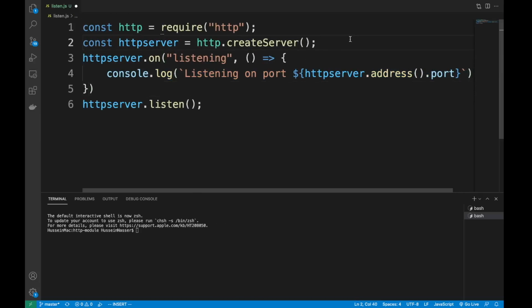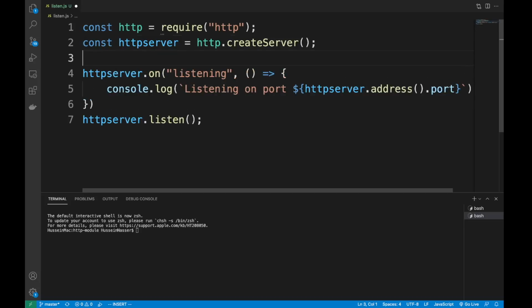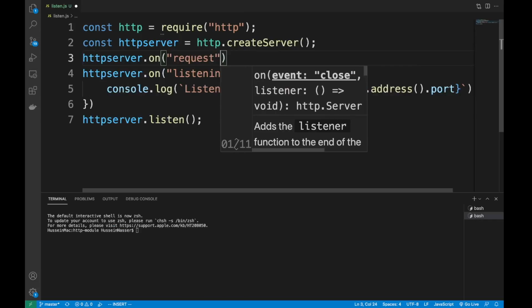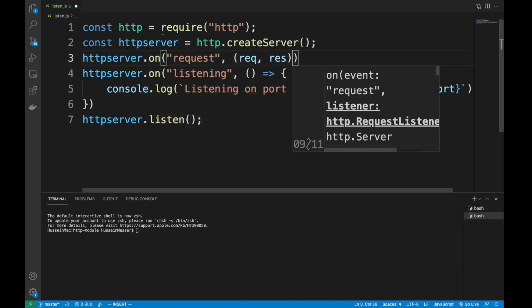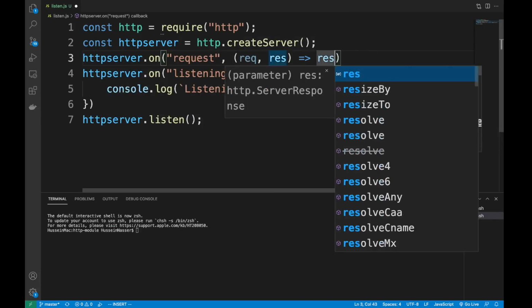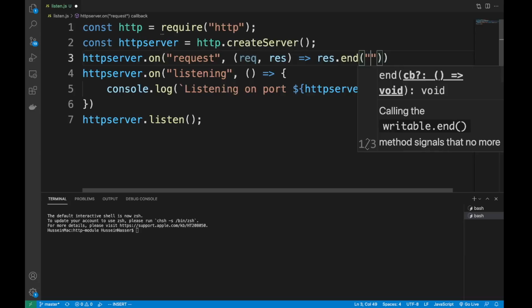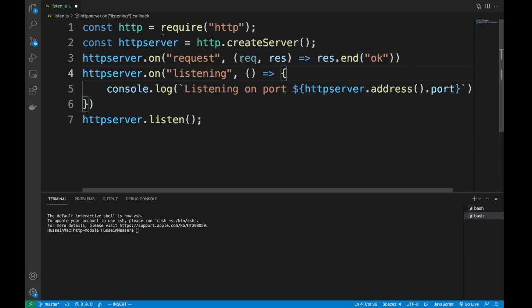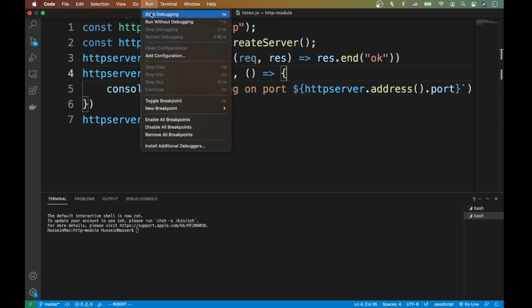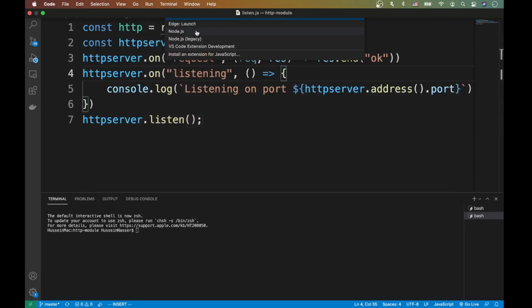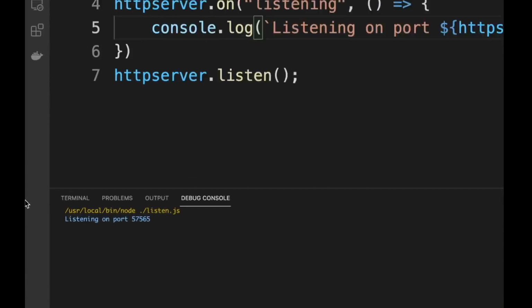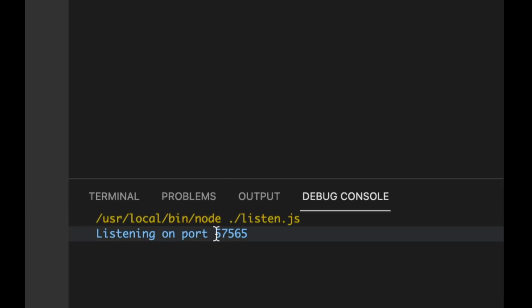since this is a really useless app, let's add an actual event here, on request. If someone makes any request to us, I wonder if you can do an end and write something. I'm not quite sure. Let's try that. Let's just do okay, and let's just run. Let's go ahead and run. And you can see that the port that was picked